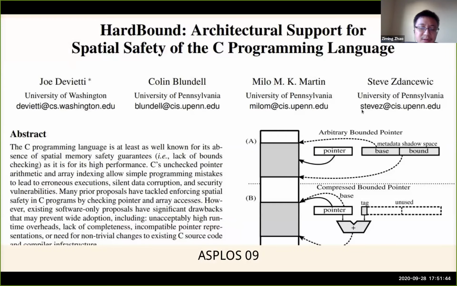So in this paper, they discussed how they can make the SoftBound approach a little bit faster by utilizing some hardware features. But even though they can make it quite a bit faster, it's still very costly, so we do not see it in the real world. So we already talked about